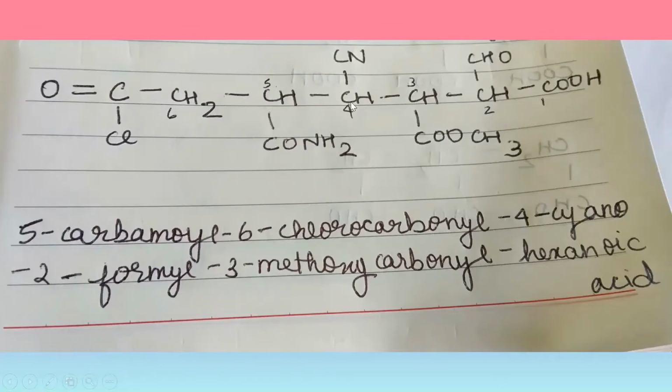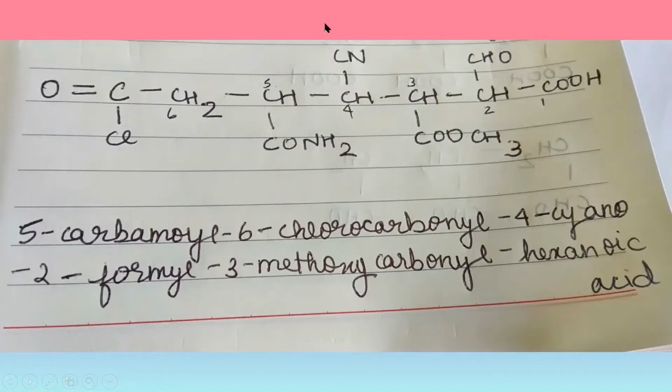So we start with the least alphabetical order one, so that is carbamyl. So 5-carbamyl for the amide group present here. Then 6-chlorocarbonyl, that is the acid chloride group present here. Because as we move ahead in alphabetical order, like Ca, so here if you see, it's CCC. But when it comes to A, H, Y, they come in an increasing order. So in the same way they have been arranged.